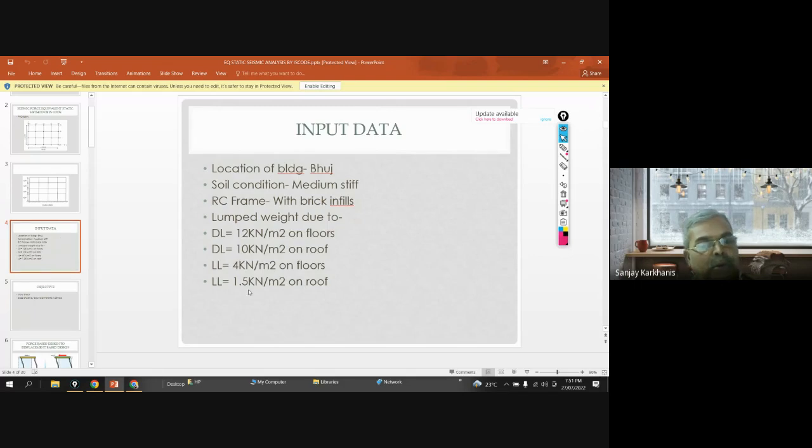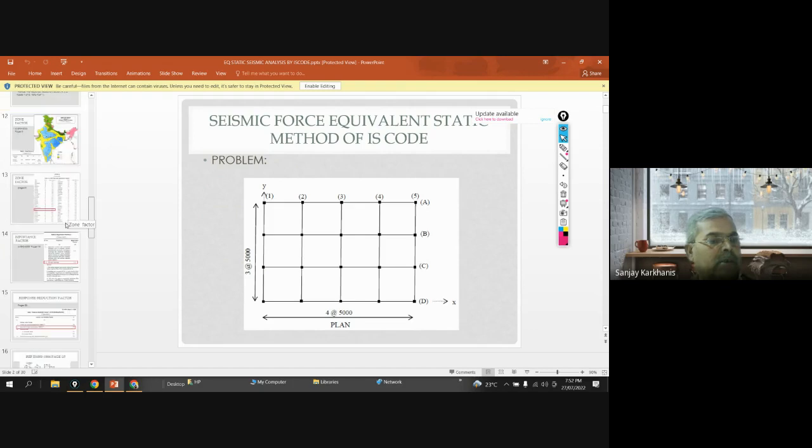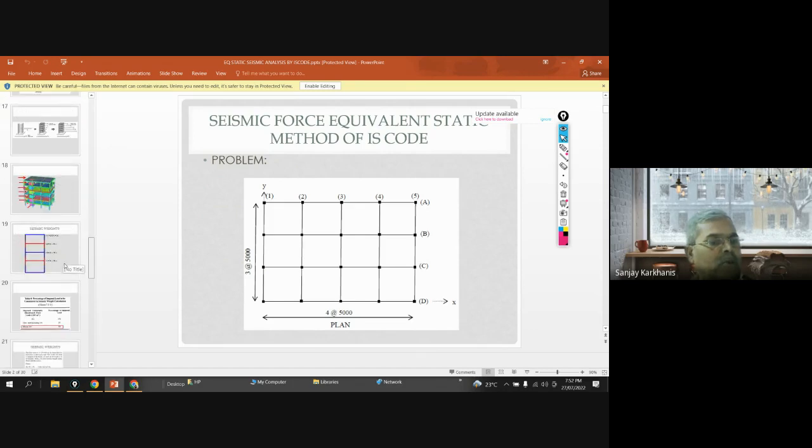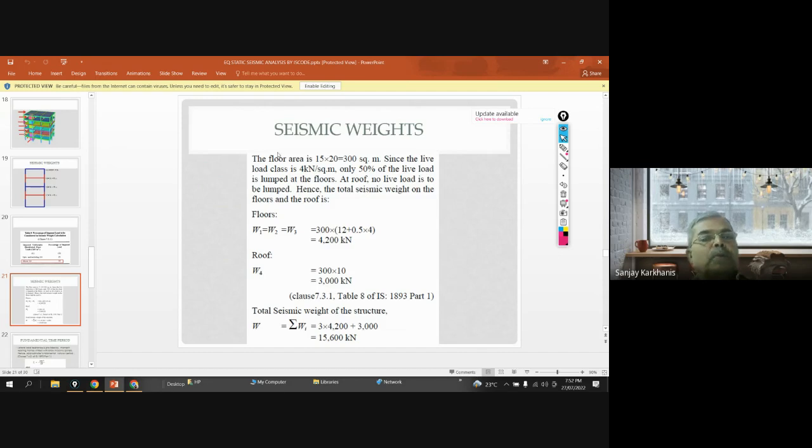So you just have to look into this and plan dimensions. These are your plan dimensions, and based on that, you will see that the live load calculation is like this. So the floor area is 15 multiplied by 20. That comes out to be 300 square meter. Since the live load class is 4 kilonewton, which is greater than 3 kilonewton per square meter, that's why 50%